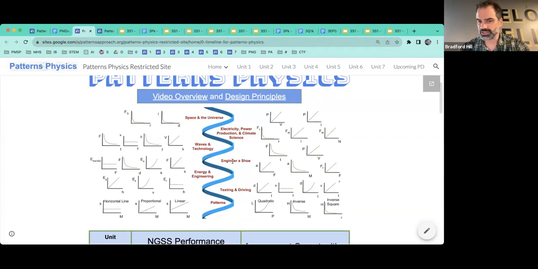But to just say the whole arc, engineering a shoe is what we use to contextualize forces and momentum, waves and technology around doing the most of the good stuff with the ultrasound and cell phones. And our culminating unit, electricity, power production, and climate science, is around making a 50-year energy plan. I say culminating just because space in the universe is a great way to end the year, but just so you do know it and hear it a couple times, that is 3 separate 2-day lessons